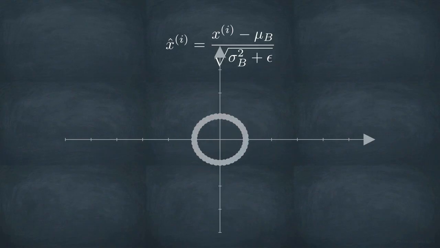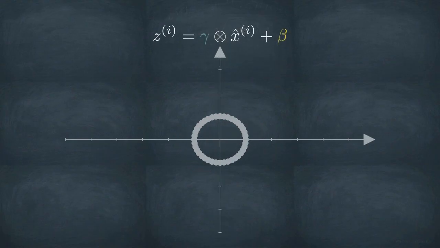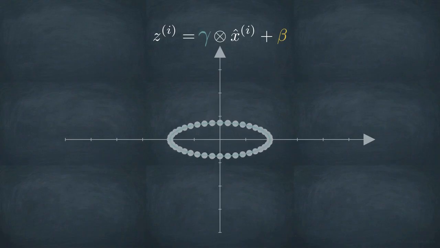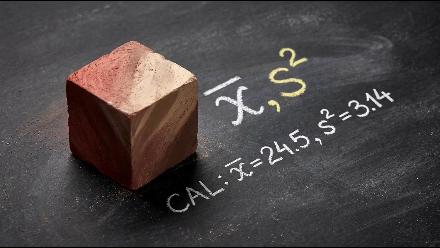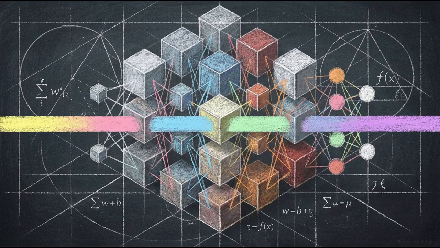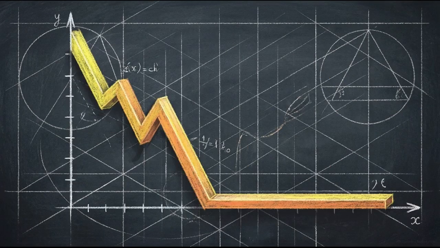standardization is risky. Forcing a mean of 0 might wipe out useful learned representations. To prevent this, batch norm introduces two learnable parameters, gamma for scale and beta for shift. These parameters allow the network itself to learn the exact mean and variance it needs to function at that specific layer. Batch normalization ensures the signal will not vanish or explode, regardless of how deep the network gets or how much the weights shift during training. A deep network armed with ReLU, He initialization, and batch normalization converges rapidly, reaching its target loss in far fewer